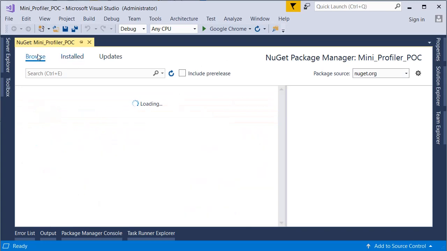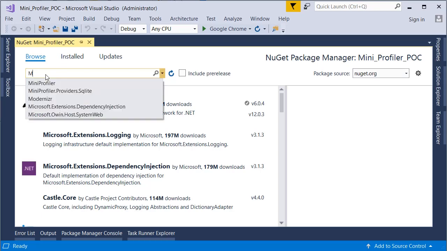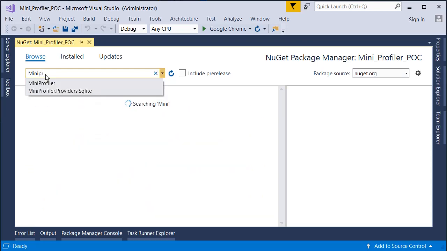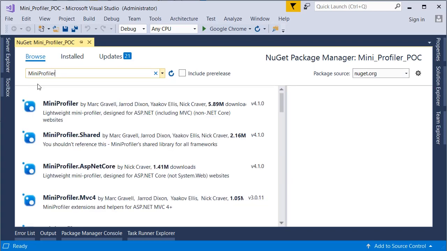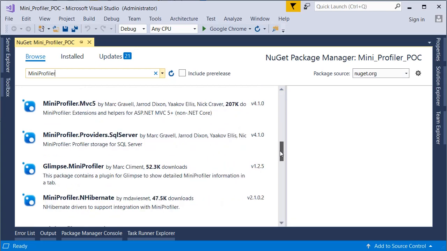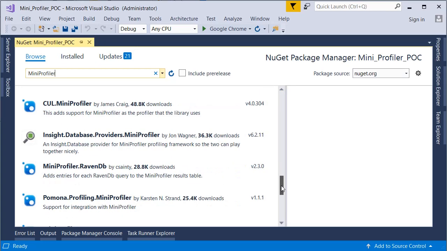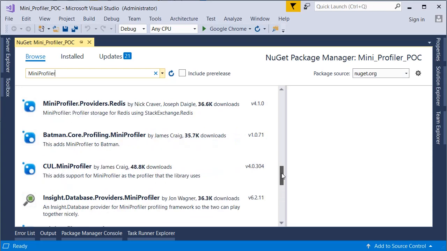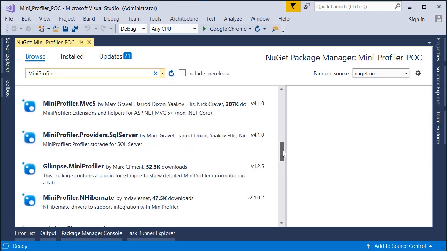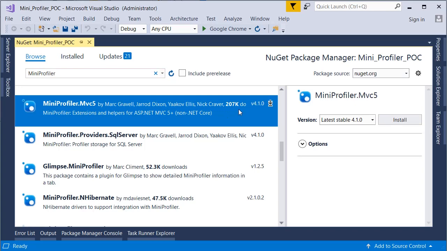Here in browse, you need to search for mini profiler package. When you search for mini profiler, you will get multiple types of mini profiler package. You need to install your package according to your need. Here we are implementing in an MVC project, so we will choose the package for MVC.